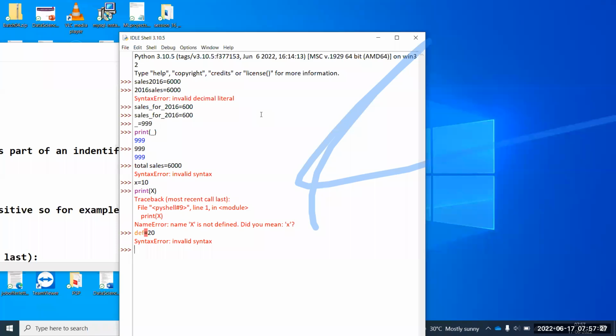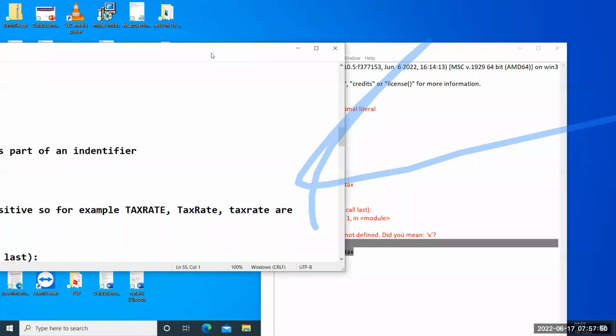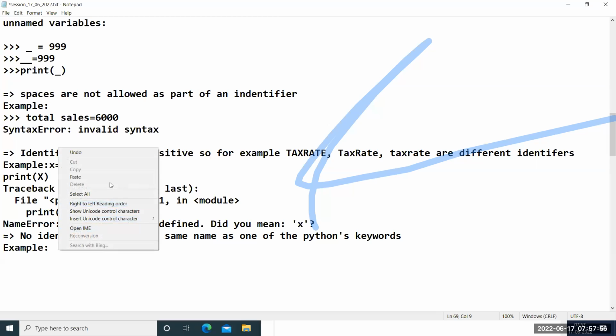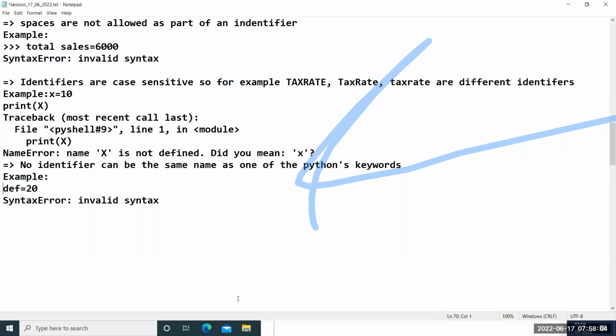Understood? Every keyword has some meaning, some functionality, some significance, right? If you are assigning some value to it, that means you are trying to change that particular functionality or meaning. It is wrong. You should not do that. That's why it is showing the error, guys. Invalid syntax error. Now the question is, how would we know, sir, which are the keywords? That is the next topic, the second Python token, which we will discuss in the session. I hope you are clear. Let me write the triple chevron.